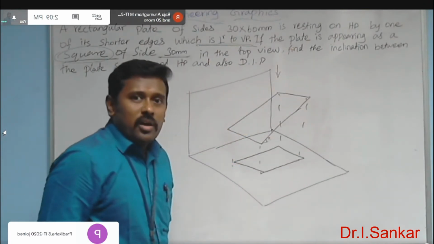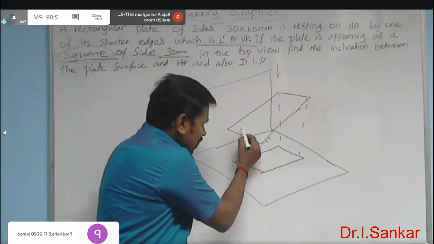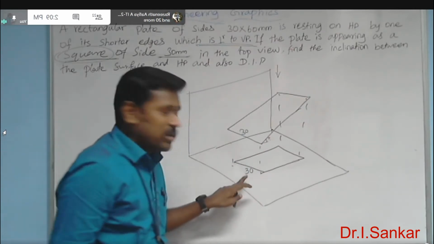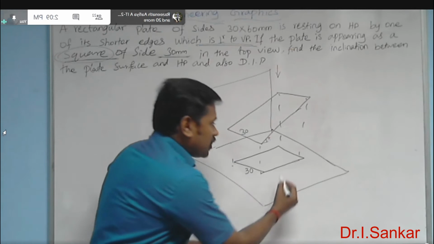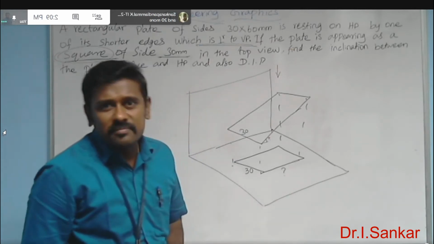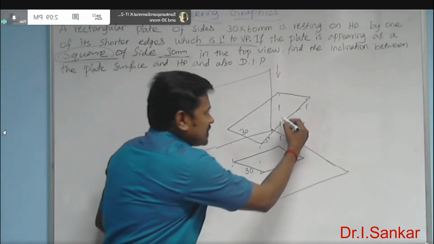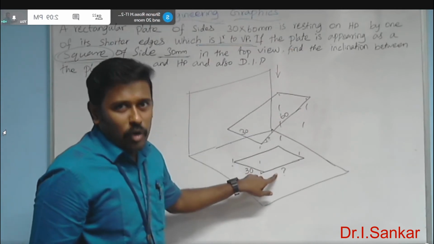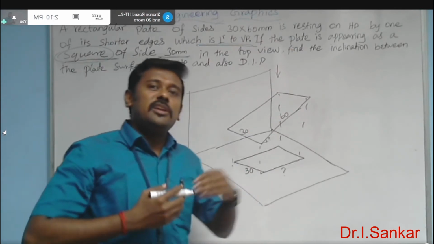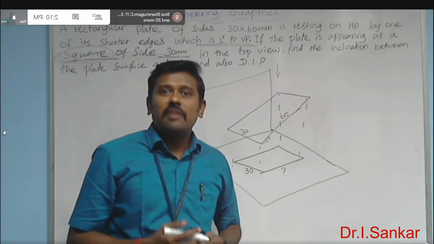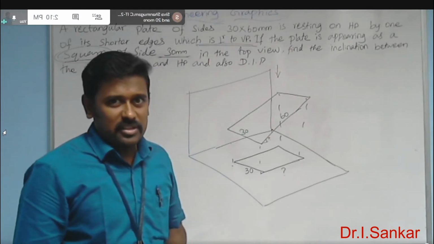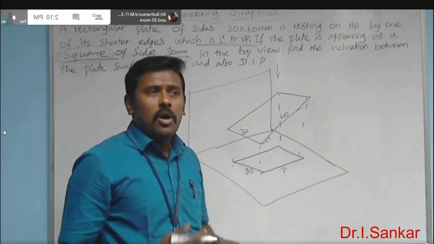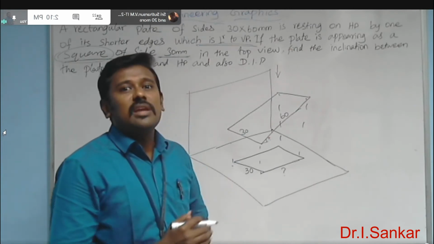Now the shorter edge dimension 30 mm can find as same as 30 mm in the top view. What about the longer edge dimension, students? Will you get the same 60 mm longer edge in the top view? No. When it will be increased or decreased? Definitely this will decrease. Maybe 55 mm or 40 mm or 30 mm. How much? That actually based on the angle of inclination.